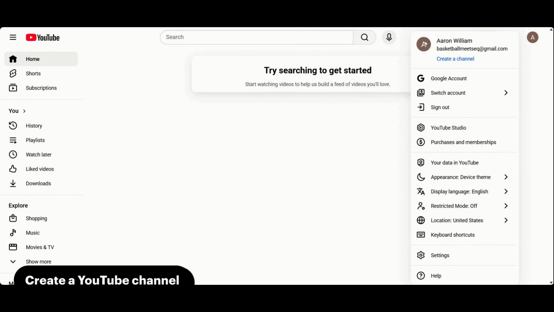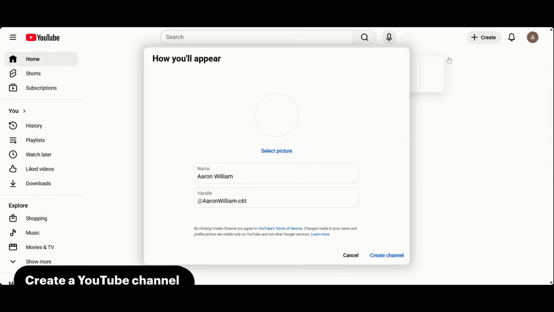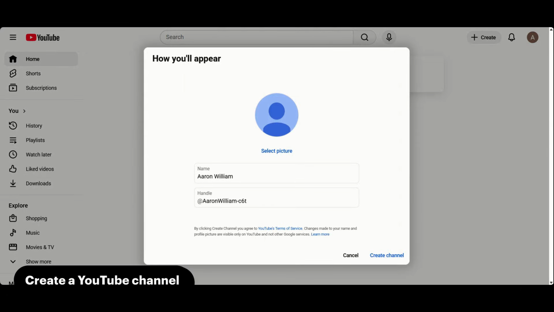And since it's already set up, let's go to create the channel. Now, this is the first thing they're prompting me with. And you can have a handle. You can also have a channel name. They don't have to be the same. And what I want is to do something that's consistent with my email account, just to keep things simple. So with that in mind, we're going to do